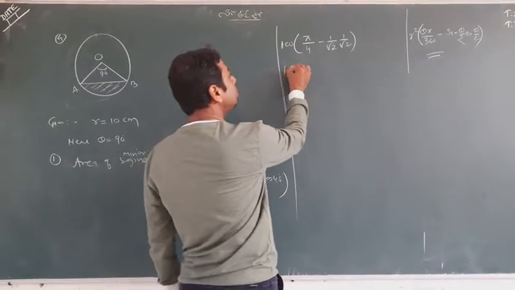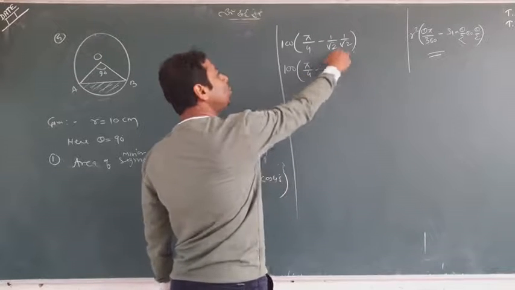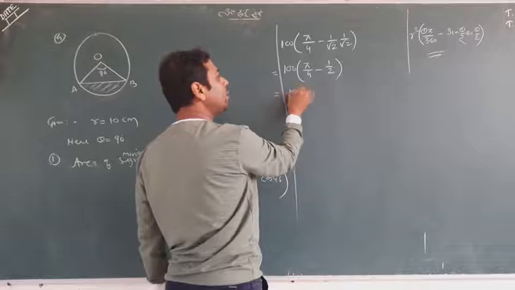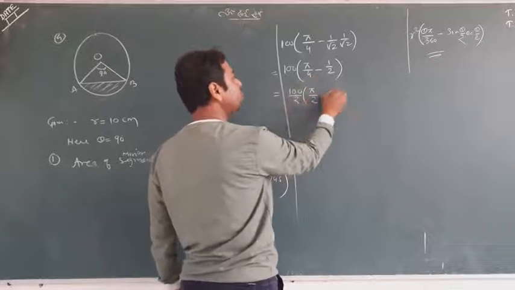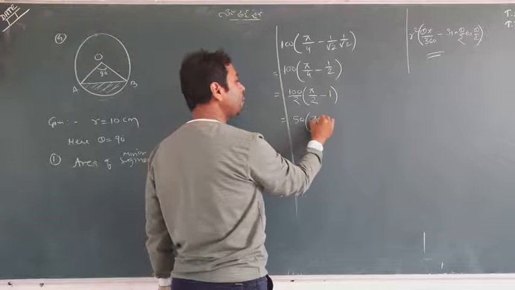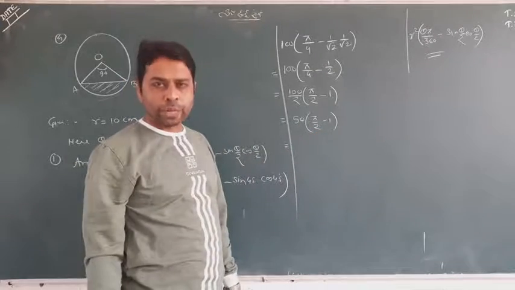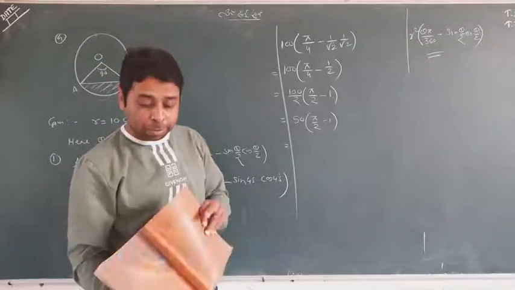Now 100 pi by 4 minus this, which is going to be 1 by 2, and you can take 2 common. It is better. 100 by 2, it's going to be pi by 2 common. So it's 1 only, 2 common. After cancellation it is 50, pi by 2 minus 1. So you can write your answer right here. I think in your book it is the answer. It may be the answer.